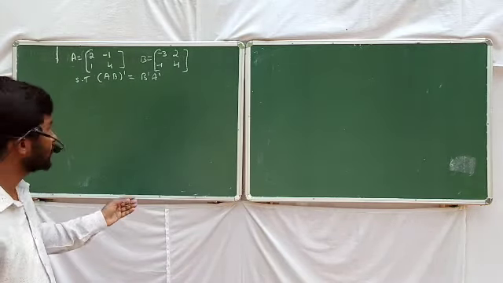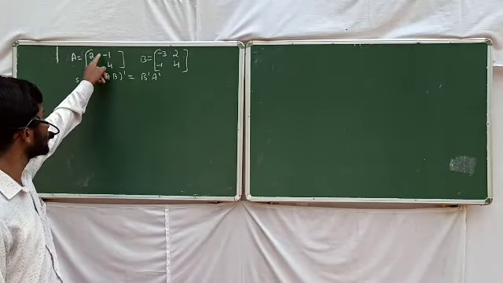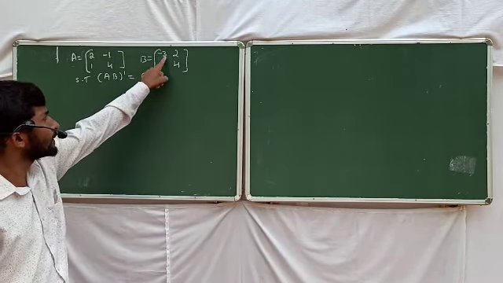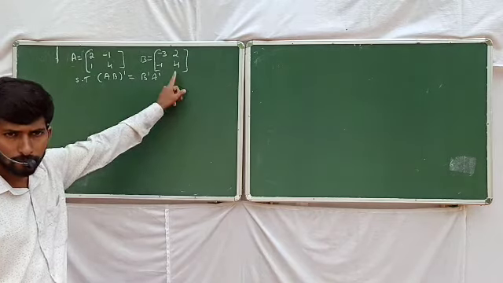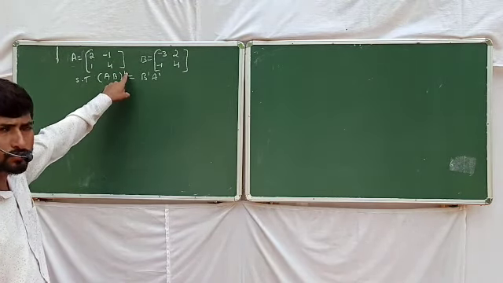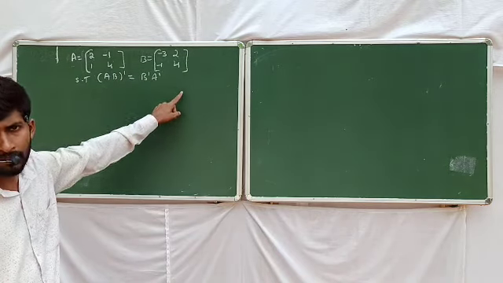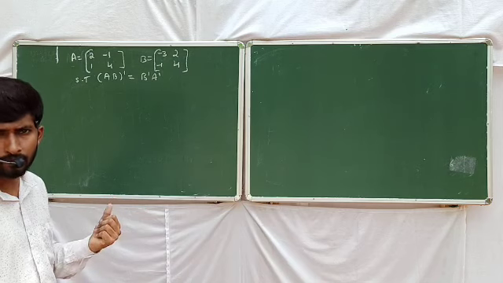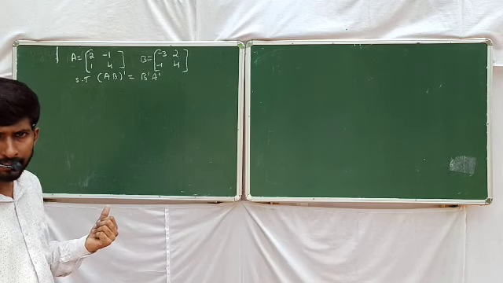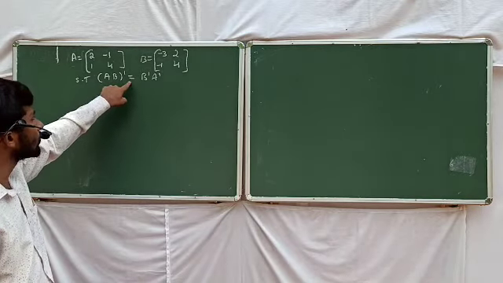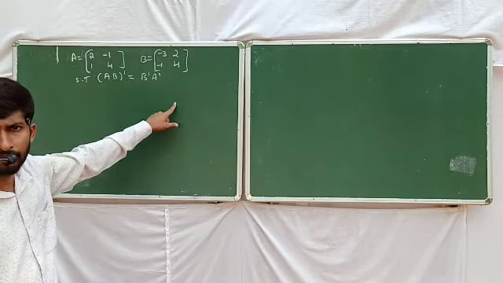See the next question. Matrix A equal to 2 minus 1 1 4. Matrix B is equal to minus 3 2 minus 1 4. Question is, show that AB whole transpose is equal to B transpose into A transpose. We already studied this formula in transpose, right? Transpose of a matrix under that properties. Okay, properties AB whole transpose equal to B transpose into A transpose.